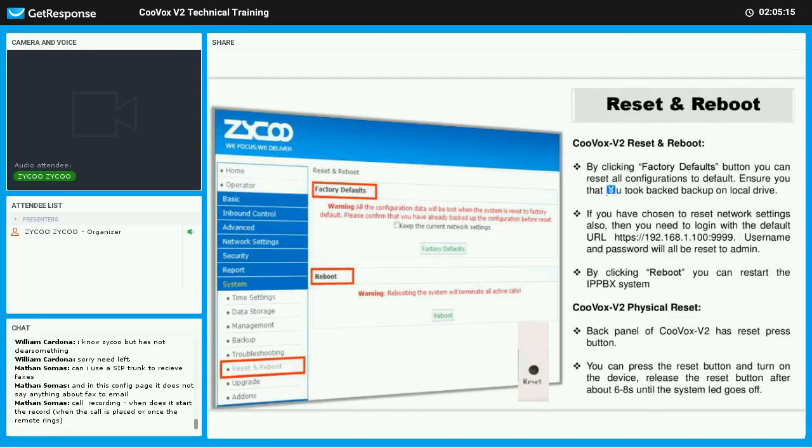Then you start with the factory default setting, which is called a reset. Automatically after the reset, if you click on keep the current network setting, then the next time after the factory reset your IP address will be the same as the IP address you already set on the WAN port. But if you do not select this checkbox, then the default IP address is